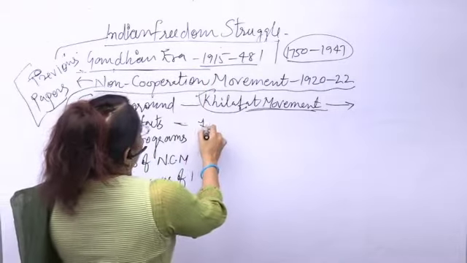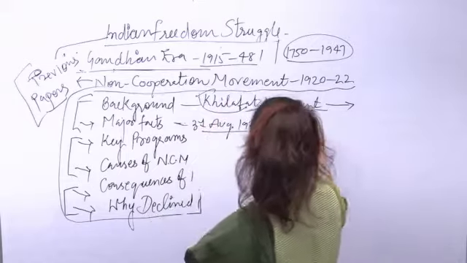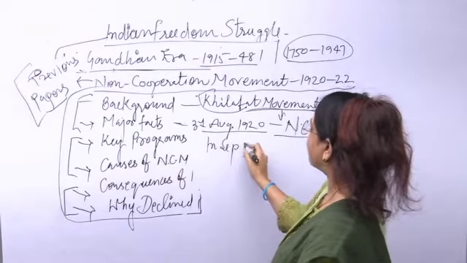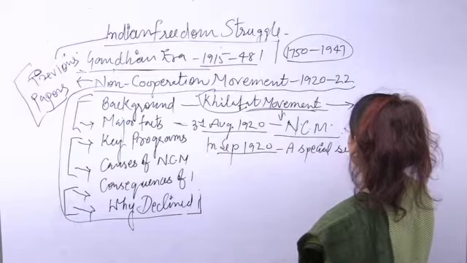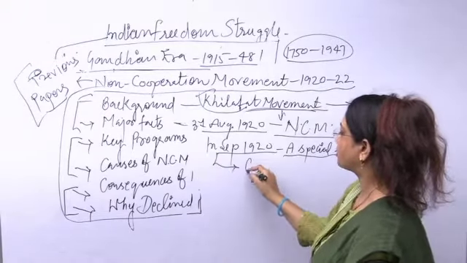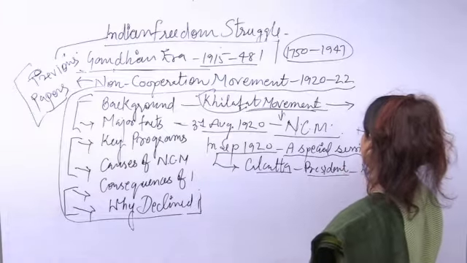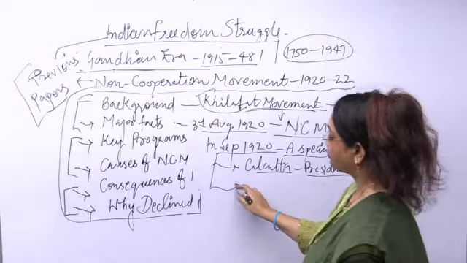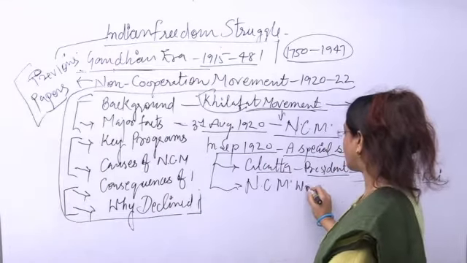And now, on 31st August 1920, the Khilafat movement converted into the non-cooperation movement, right? And in September 1920, a special session was called by the leaders of the Indian National Congress, right? And this session was called in Calcutta. And the president was Lala Lajpat Rai. Basically in this session, the non-cooperation movement was endorsed,